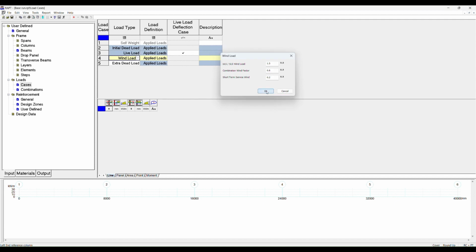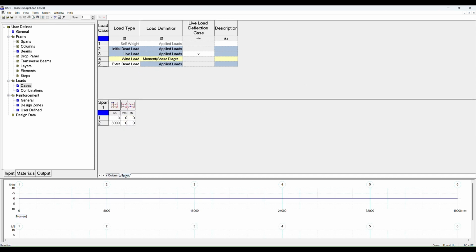And we click OK, and we can then add that as a moment shear diagram under spans, and then for each of the spans we click along the spans and add our shears and our bending moments. So let's put in here, I'm just adding shears for now, we can add bending moments later. Go to the next span,